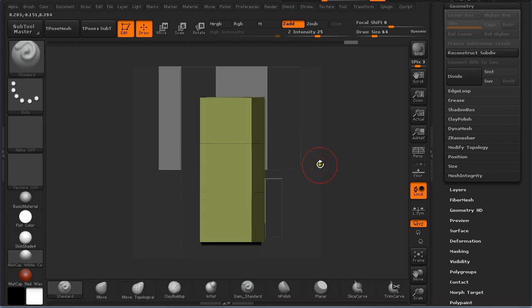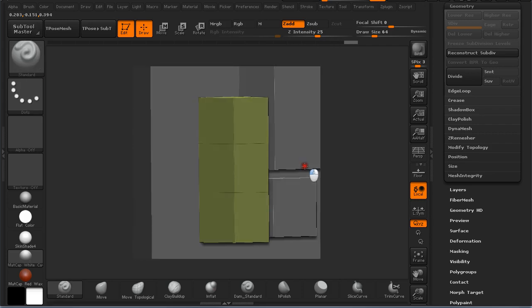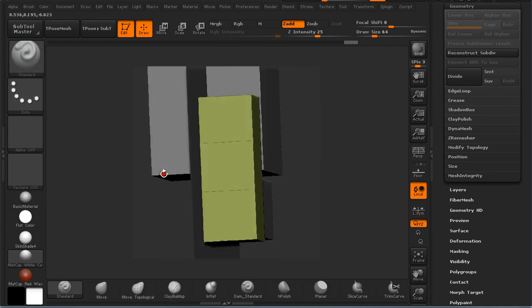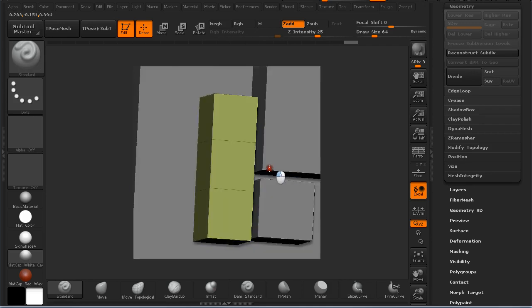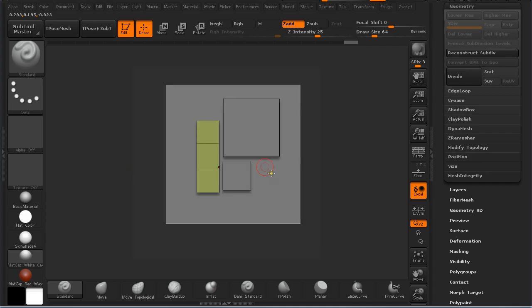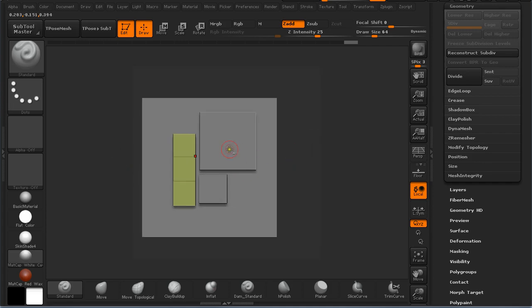Well, not merge, but yeah, merge them together in one polygroup. But we now have new vertices and new lines and newly created shapes of polygons, which are better than before. So let me just select this one and